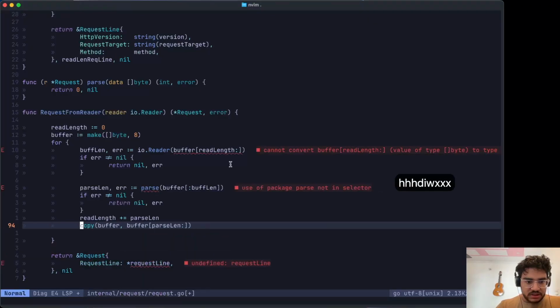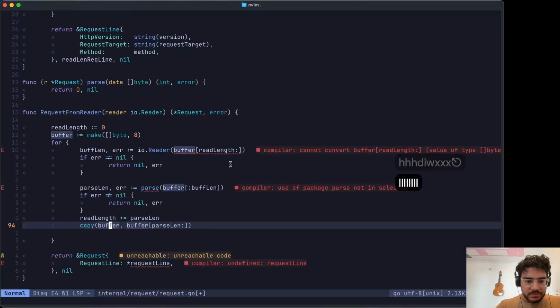I think I should have done with this one. Copy into buffer. Actually, from where? In a whole buffer, and